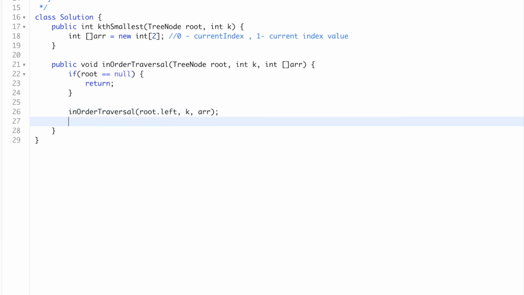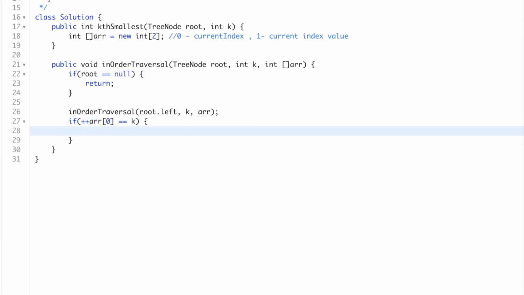If we don't get the kth element, we'll come here and check our current index, which is in the 0th position. If it is equal to k, then yes, that is the value we are interested in, so we'll store the value of the node in the array's first index.